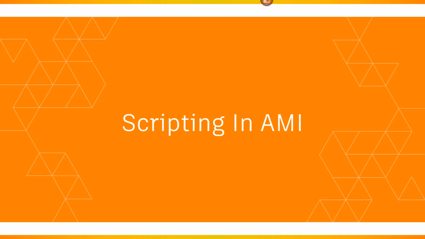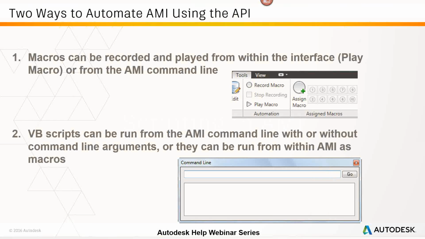All right, and now, sorry, I'm trying to get a drink here. I'm going to go into scripting in AMI and go over some of that. Now that you've talked about a lot of that basic stuff, how do I utilize it? How do I go into the Insight and start utilizing some of this great stuff that you're talking about? So there's two ways to automate using